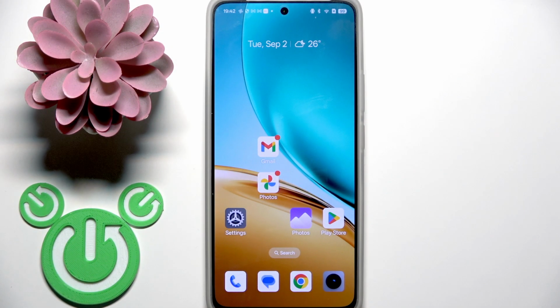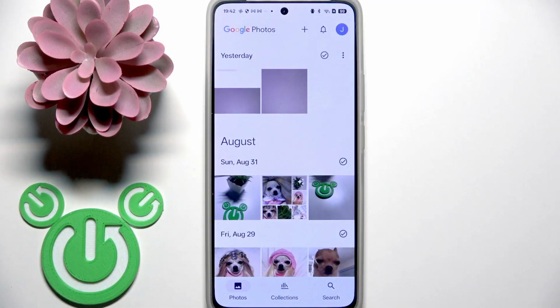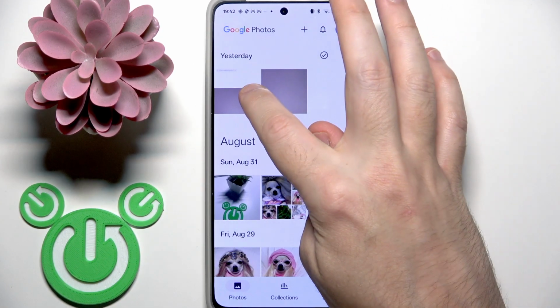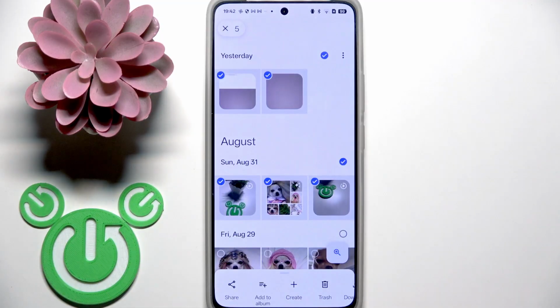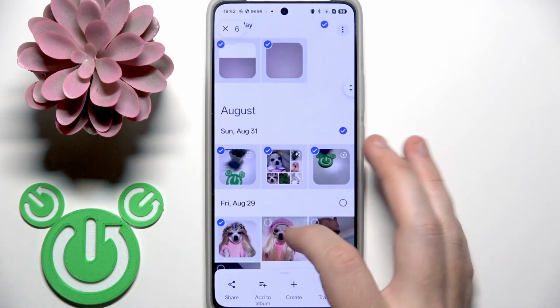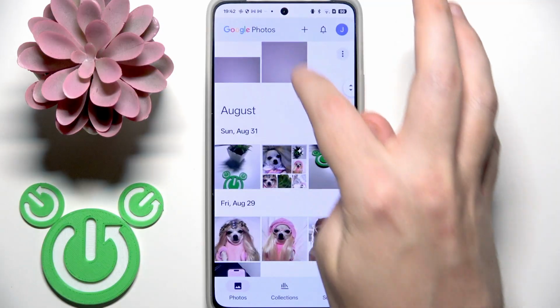You have to start by opening the Google Photos application. Now we have a few options for how to select multiple photos. The first one, you can just tap on them and select them. Now I select 5 of them. Also,